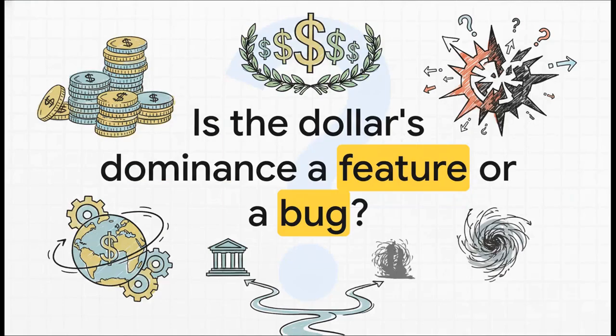And that leaves us with one last big thought. Having one currency at the center of everything does provide a certain kind of stability. It's predictable, but it also gives one single nation an incredible amount of power and privilege. So the ultimate question isn't just if the dollar's reign will end, but whether a system built around any one dominant currency is a good thing for the world, a feature, or if it's actually a bug, something to think about.